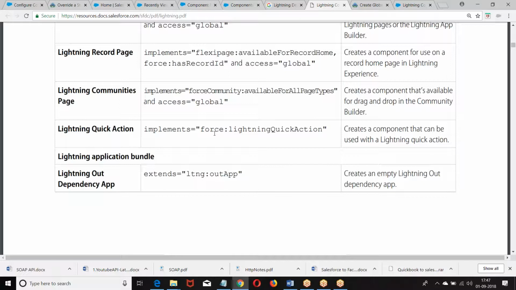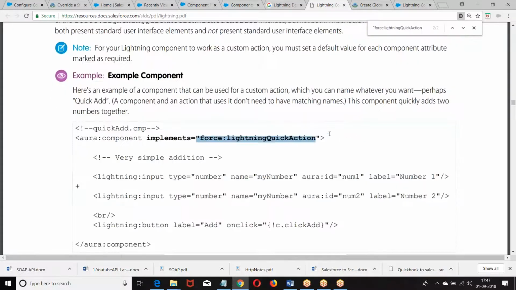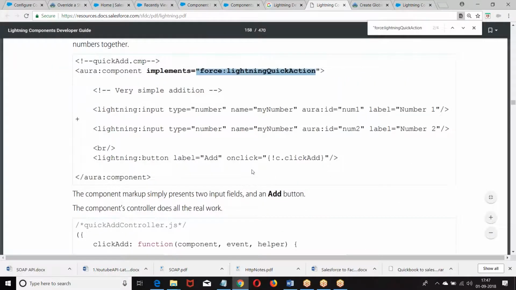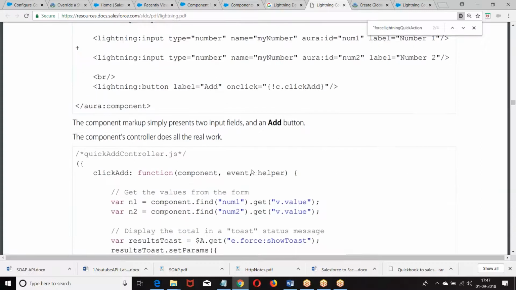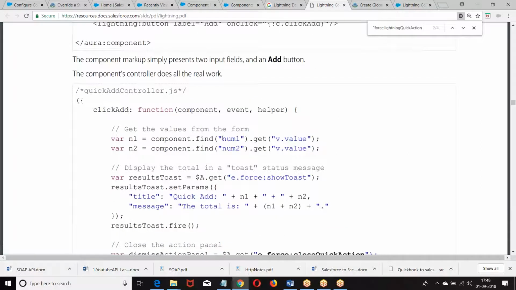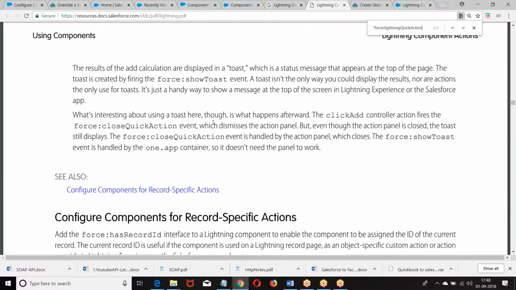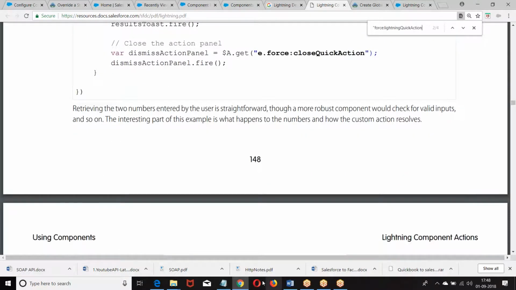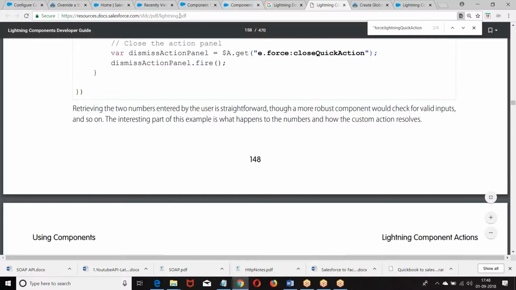Only those components which implement the lightning quick action interface can be used as a global action. Okay, let me give you a basic level example. You don't find any theoretical notes anyway, so fine. Let me create my own notes.